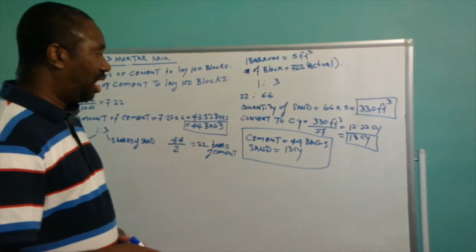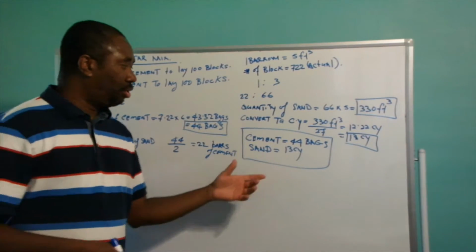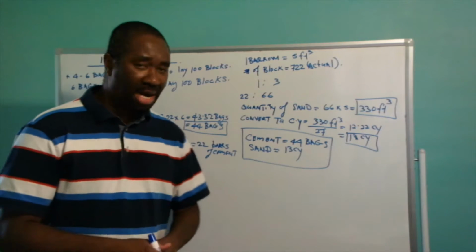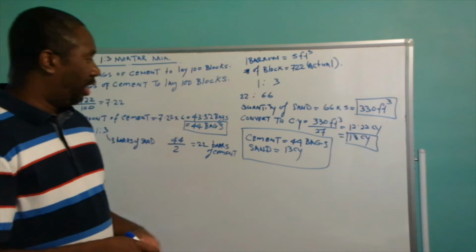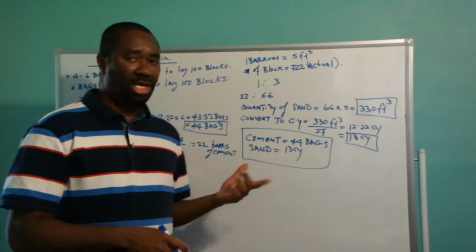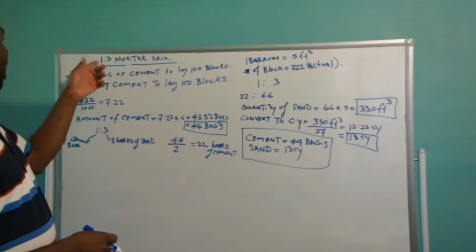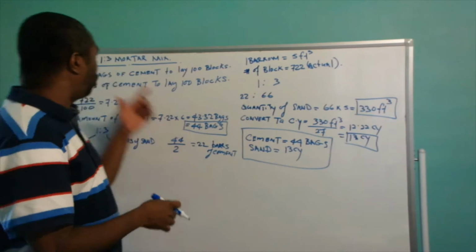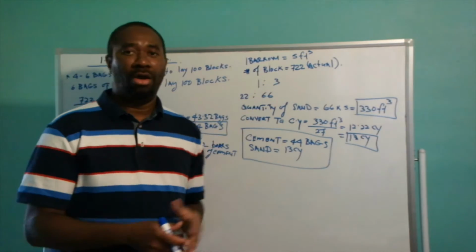So there we have it. It is going to take 44 bags of cement with 13 cubic yards of sand to mix this 1-3 mortar mix to lay our